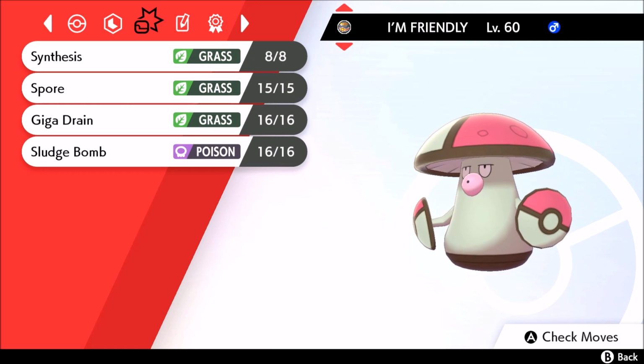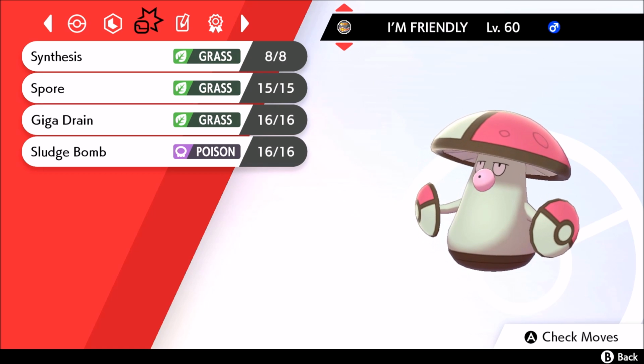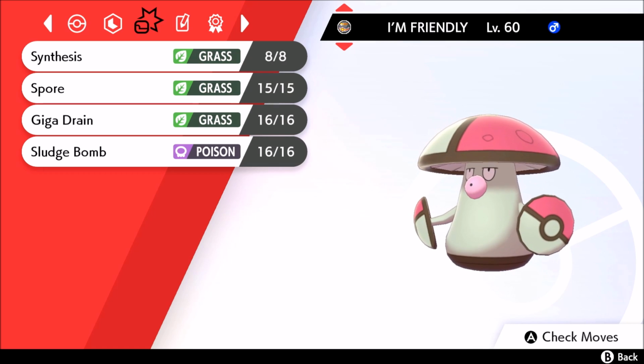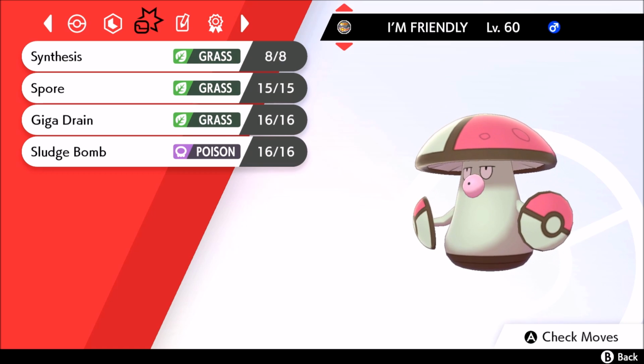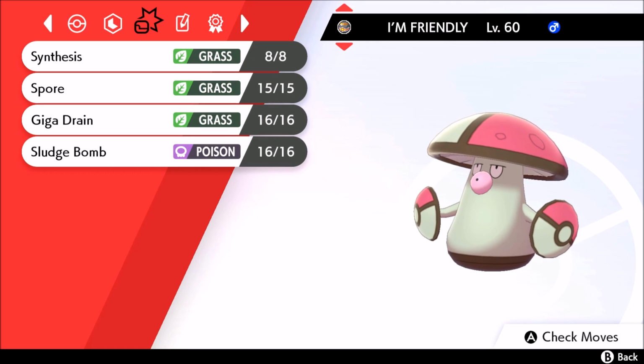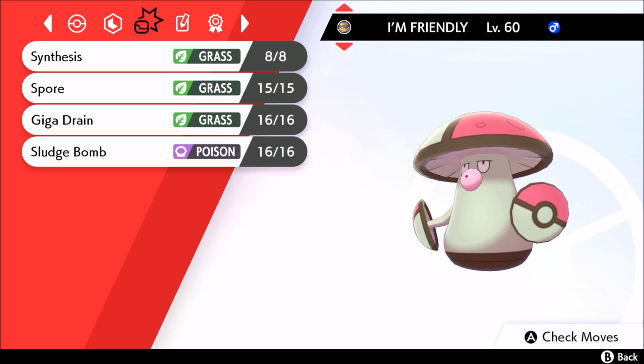You get a little bit of chip, and then they can just RNG wake up and one-shot you or do crazy stuff. You lose the opportunity to switch, even with that Regenerator. So you don't really get as much out of the Amoongus as you used to, but as a stall Pokemon, if you can reduce the opponent's sweepers, and then you just get into a filthy stall shenanigan scenario, that